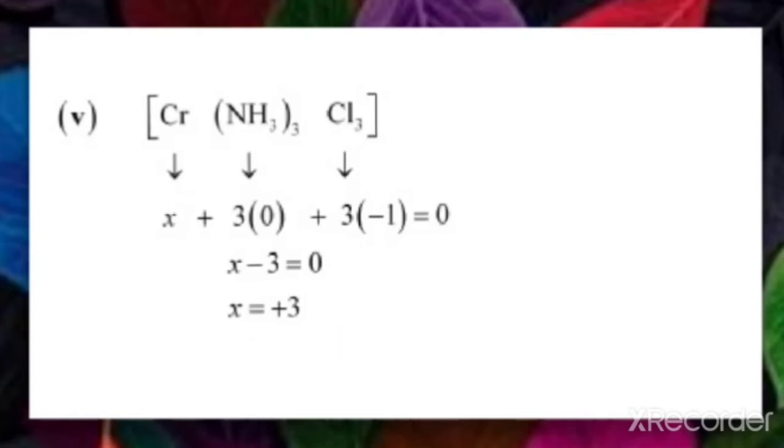So these are the different examples for finding the oxidation number of the central metal ion, which is a textbook question. It is the most important part because in order to find the hybridization and structure, and even in the nomenclature, we need this concept. So it is quite an important concept. So this is all about this video.